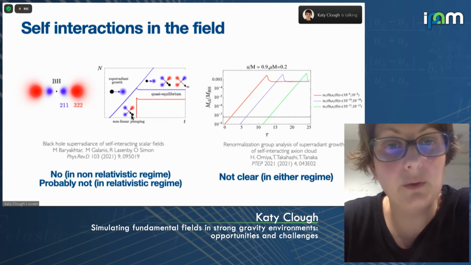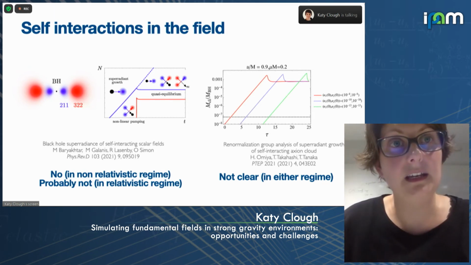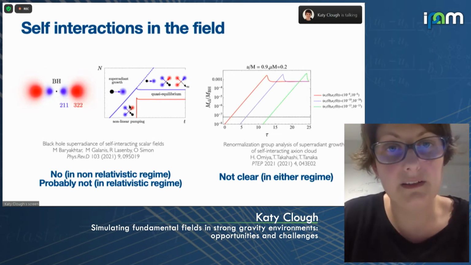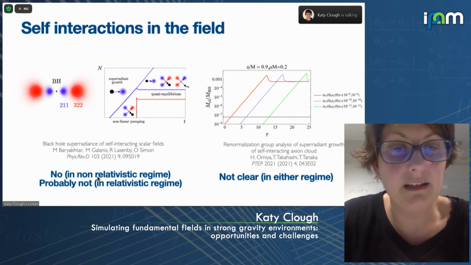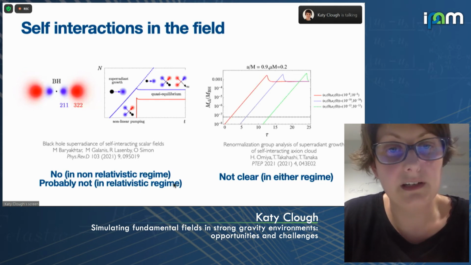and also from the cloud falling back into the black hole and being radiated off to infinity. So these are things that would be triggered by the self-interaction. And they claim that this would saturate the superradiant instability prior to a bosenova happening, so you wouldn't get this kind of explosion. They of course say that their calculations only apply in the non-relativistic regime. That was the limit of their calculations. But they suggest that from what they can see, it's probably also not going to happen in the more relativistic regime.